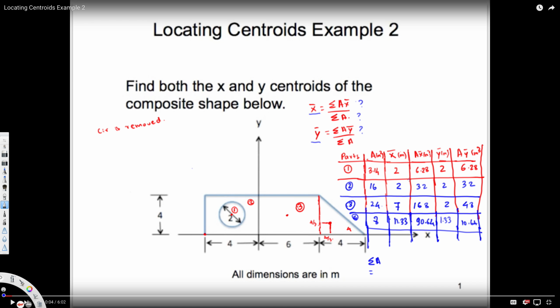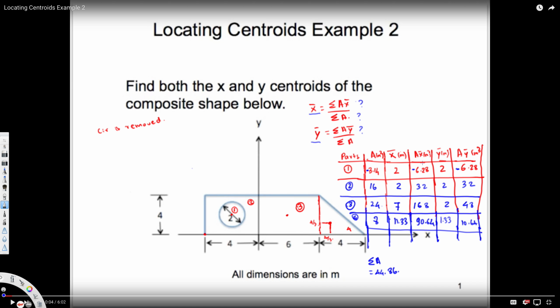But before I go further, this is the main thing. Since I said the circle is removed, for the circle, whatever I calculated for the circle, I have to put the negative sign. So here it's going to be negative for the area, negative for the ax, negative for the ay. So when we add, we subtract this one from all of this together. When you subtract and add all of them together, what's going to happen is this is going to become